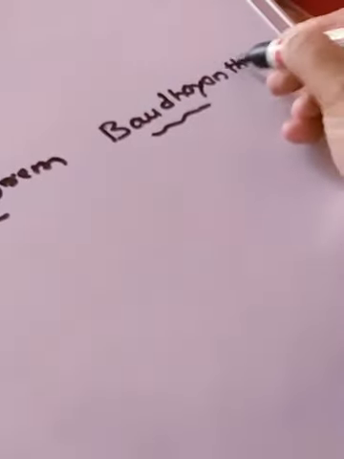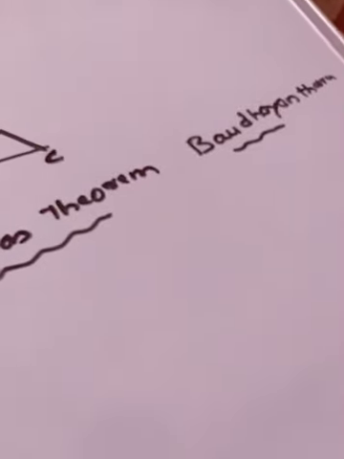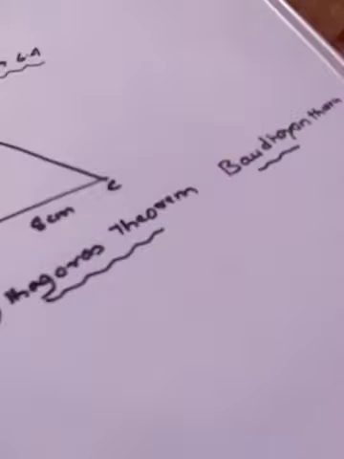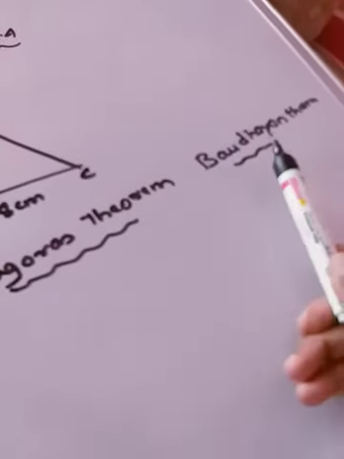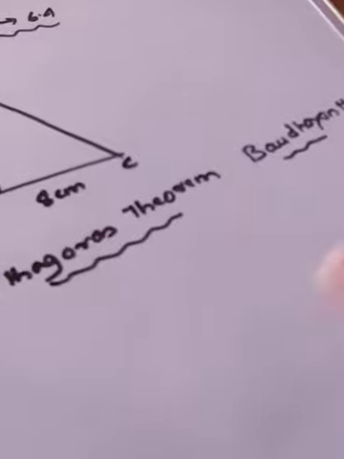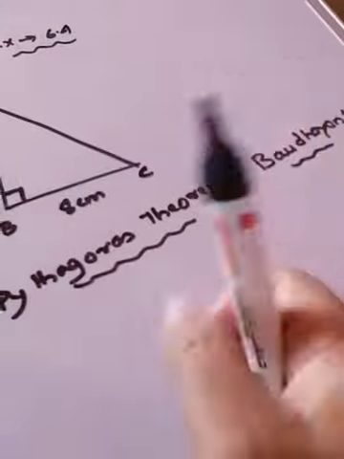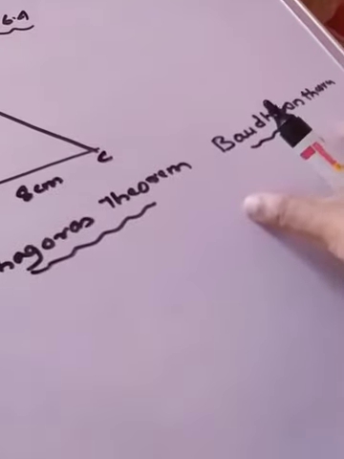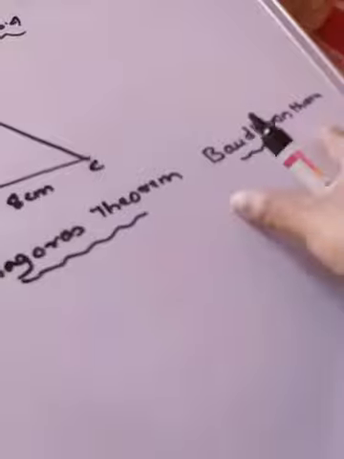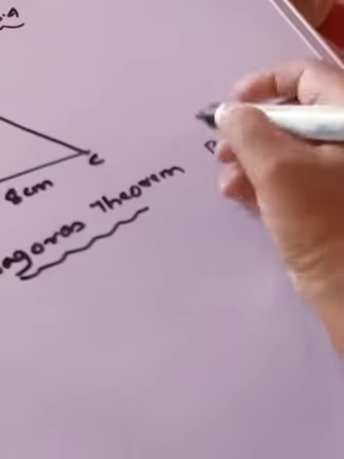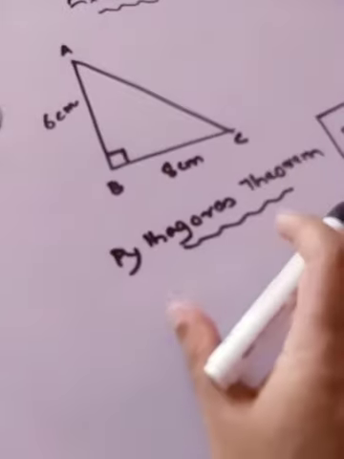Okay, around 800 BC, Bodhayan suggested this theorem, but in a different way. When you go to the higher classes, the teachers will explain to you how exactly Bodhayan explained this theorem, and what is the relation between the Pythagoras theorem and Bodhayan theorem. But actually, Pythagoras theorem was invented by Bodhayan, the Indian mathematician, students. Okay, but for now, we'll understand what the Pythagoras theorem is.